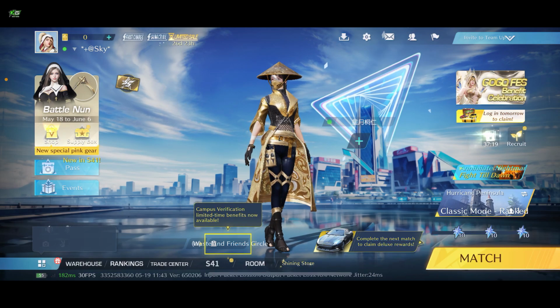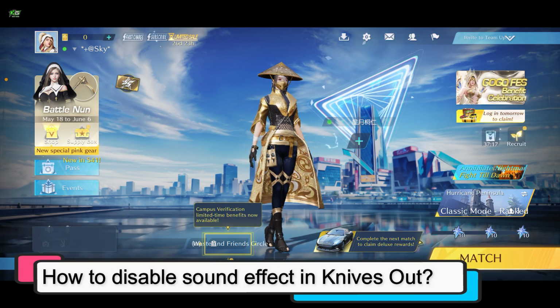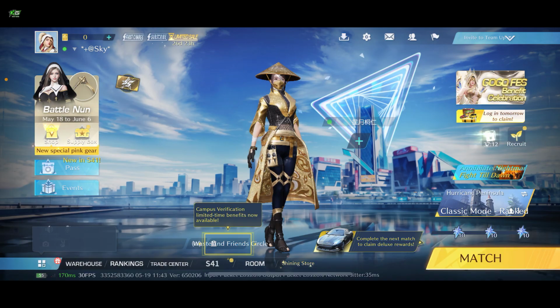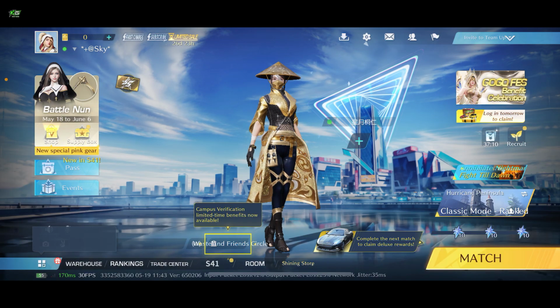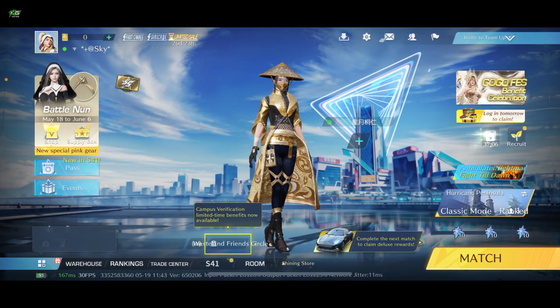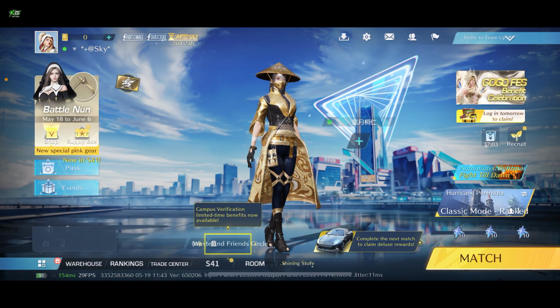Today in this video we will be learning how to disable sound effects in Knives Out. If you want to mute the sound effects and enjoy Knives Out without the sound experience, then here is how you do it. First of all, open up the Knives Out game on your device and from the home page,